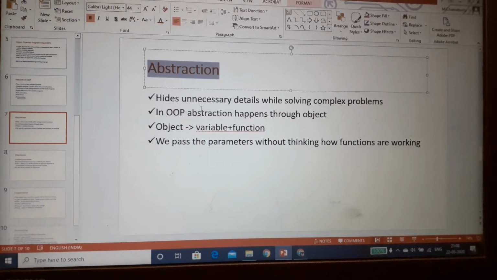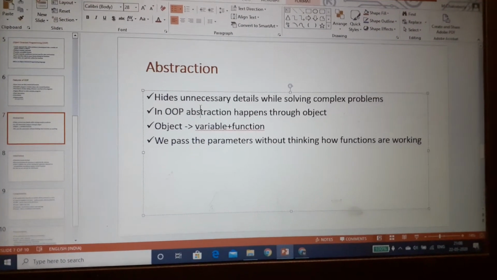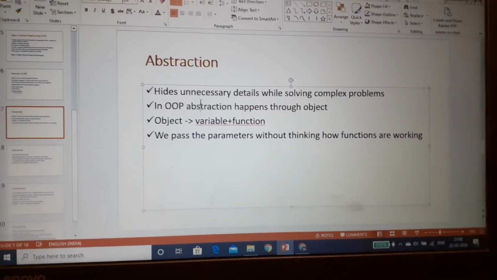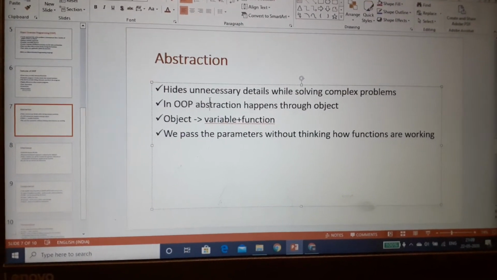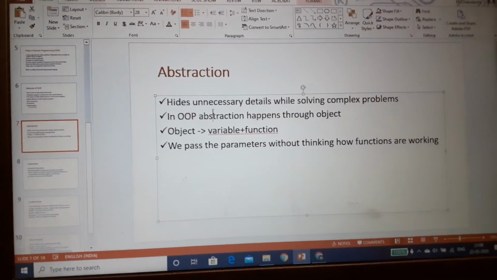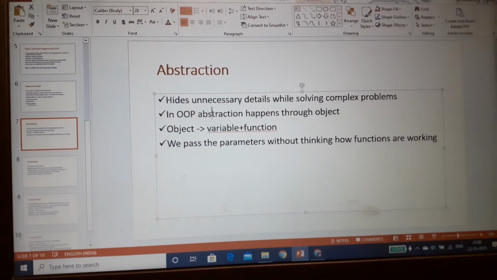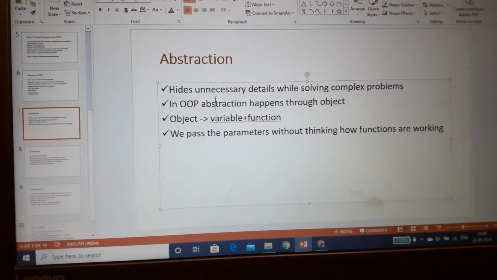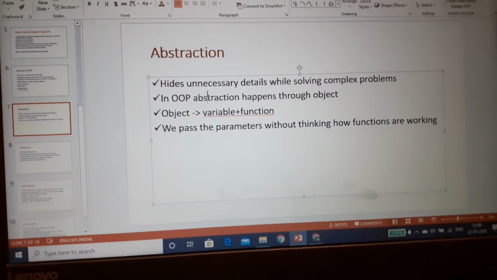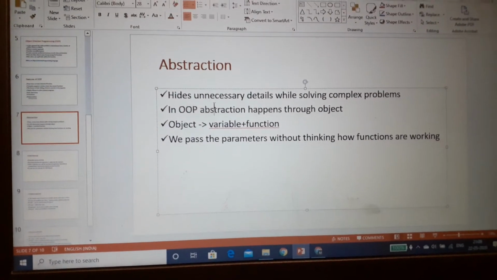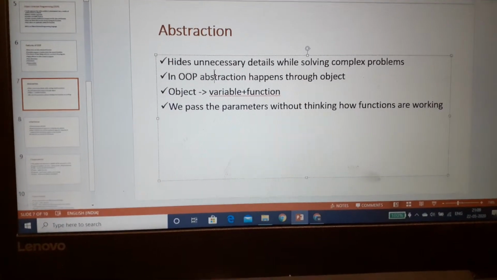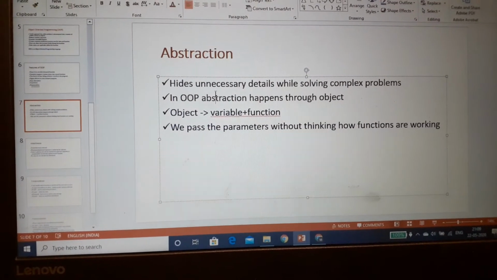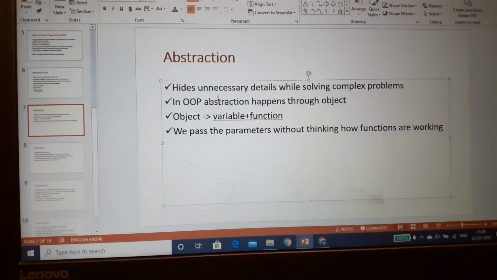So what is abstraction? Abstraction is one primary concept of object oriented programming, and through abstraction we signify how object oriented programming hides the unnecessary details while it handles the complexity of the program. Let's compare with a real-time example. Suppose you want to drink espresso coffee through the coffee vending machine.